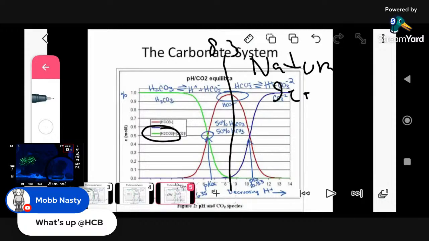It should be carbonic acid, H2CO3. We could double verify if you want, guys. But anyways, the carbonic acid. So at a lower pH, carbonic acid is highly present in the buffer system, or in the amount of carbonate in the water. Okay, so what am I talking about?